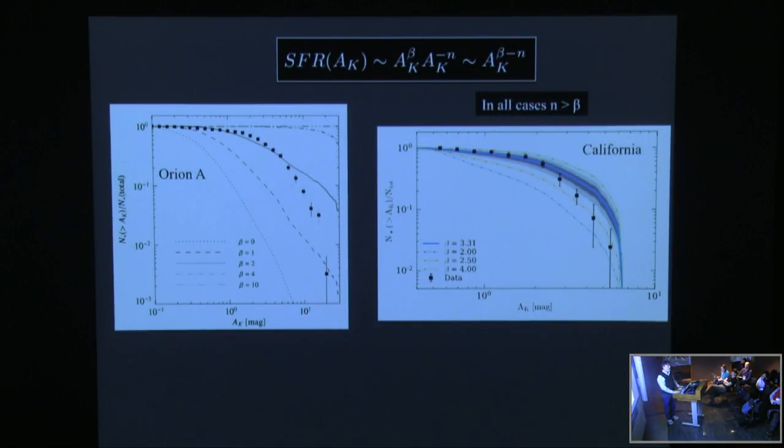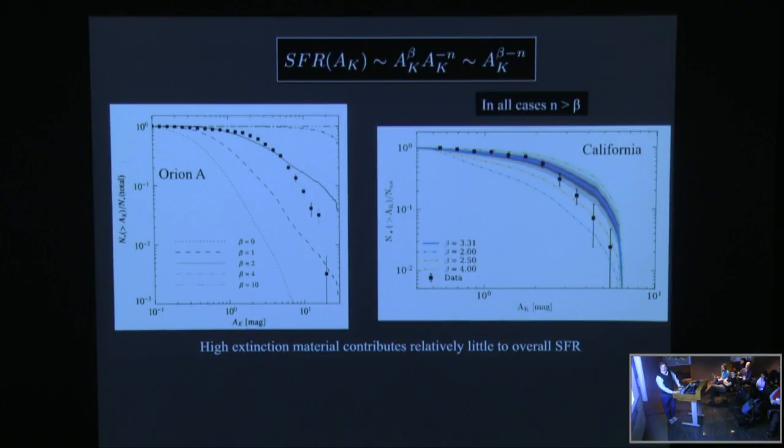And you can see that it's flat in both cases and falls off fairly rapidly at high extinction, which is somewhat of a surprise. If you remember from the previous slide, in all cases, the slope of the PDF is steeper than the slope of the Schmidt law, and that means that power law index is negative, and you get very sharp fall-offs of the star formation rate with extinction. And you come to this interesting conclusion that high extinction material contributes relatively little to the overall star formation rate